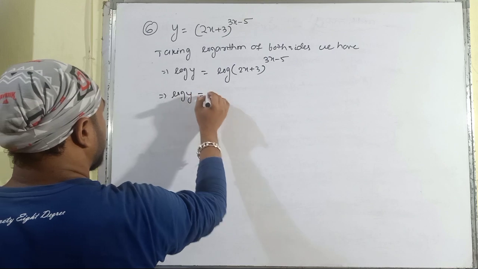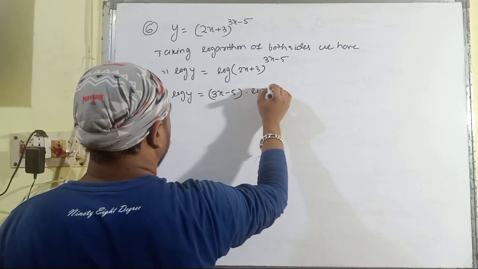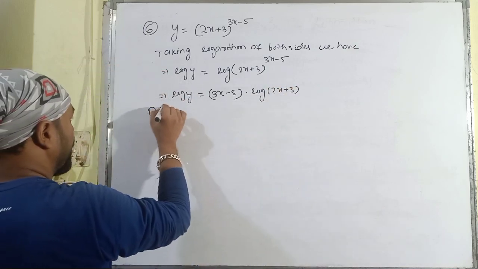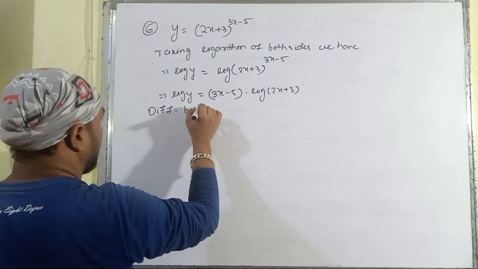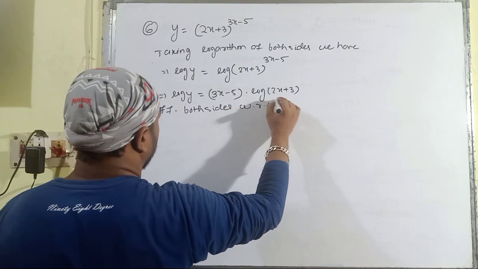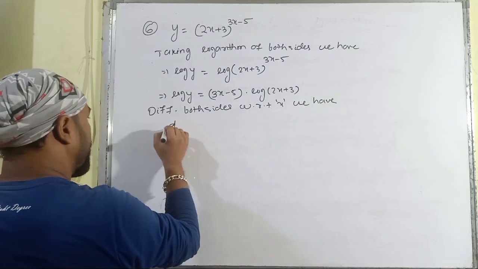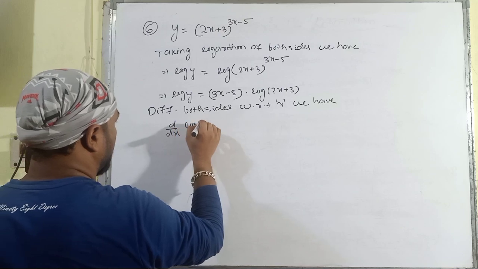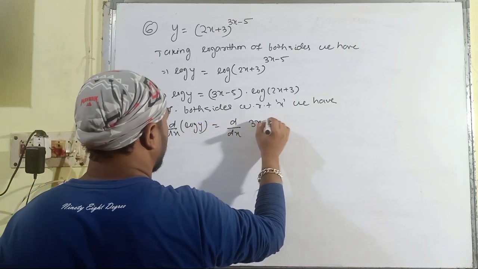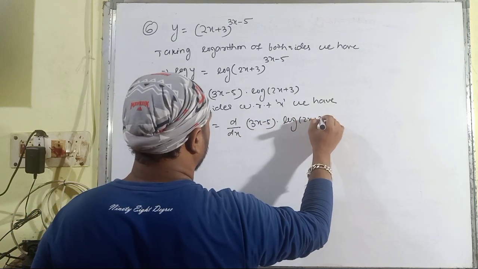Then log y is equal to (3x−5) multiplied with log (2x+3). Differentiating both sides with respect to x, we have the differentiation of log y is equal to the differentiation of (3x−5) multiplied with log (2x+3),